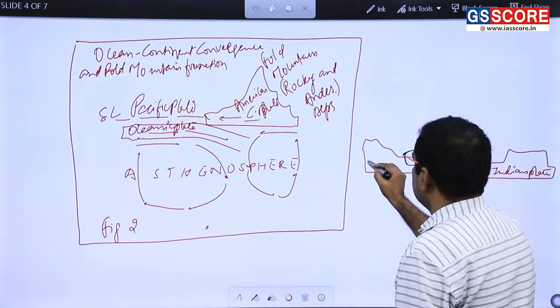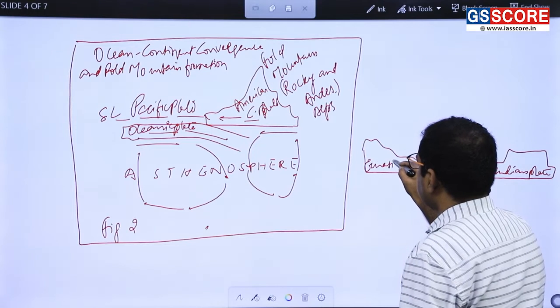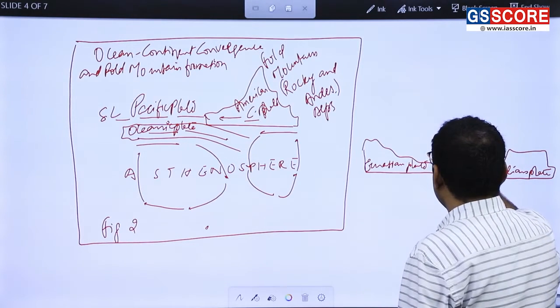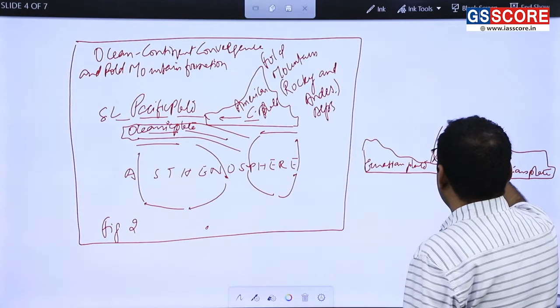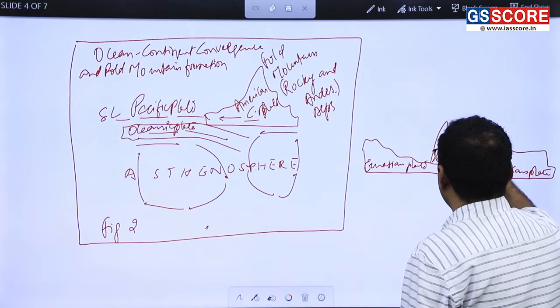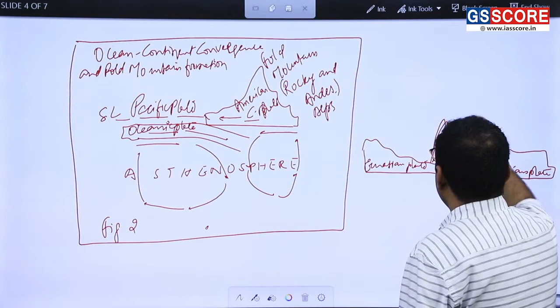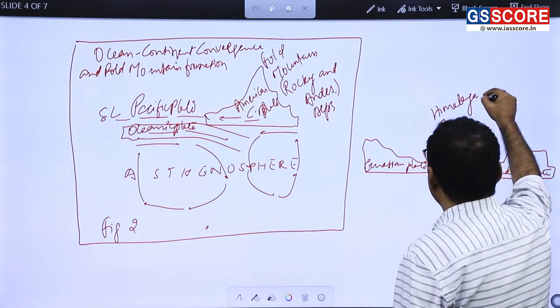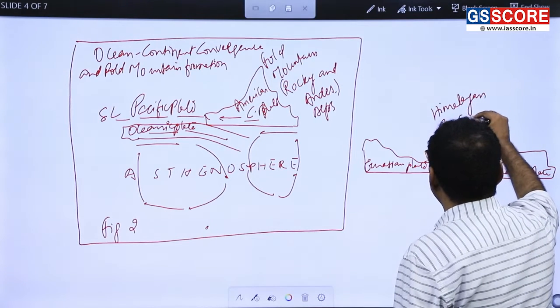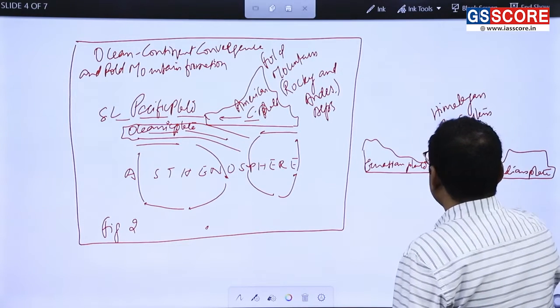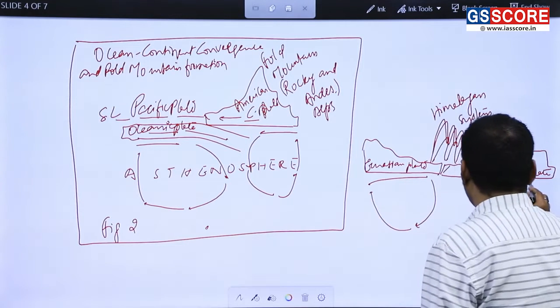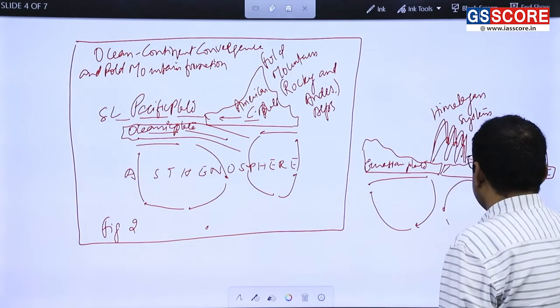Indian plate, Eurasian plate, and there is a fold formation, the Himalayas or Himalayan system. So why is there this? This is convergence according to converging convectional current,